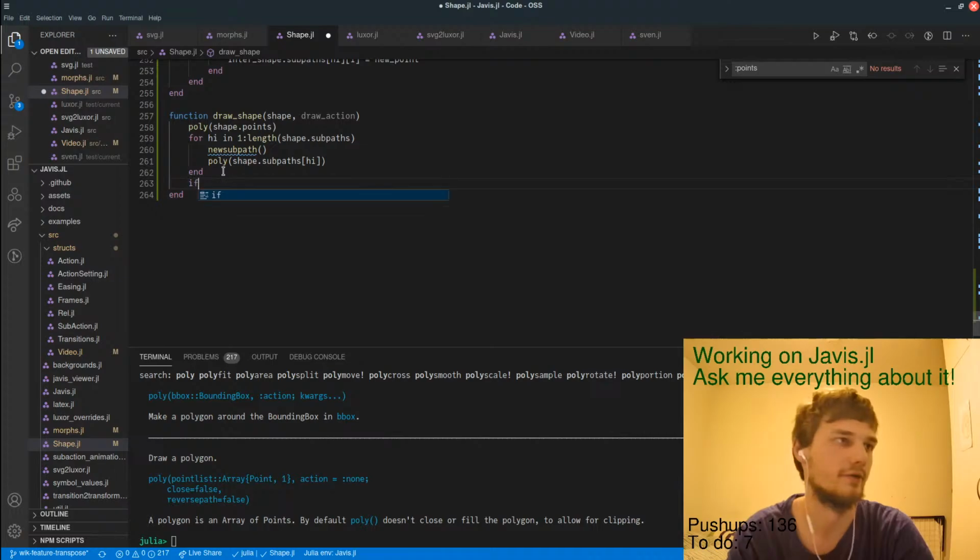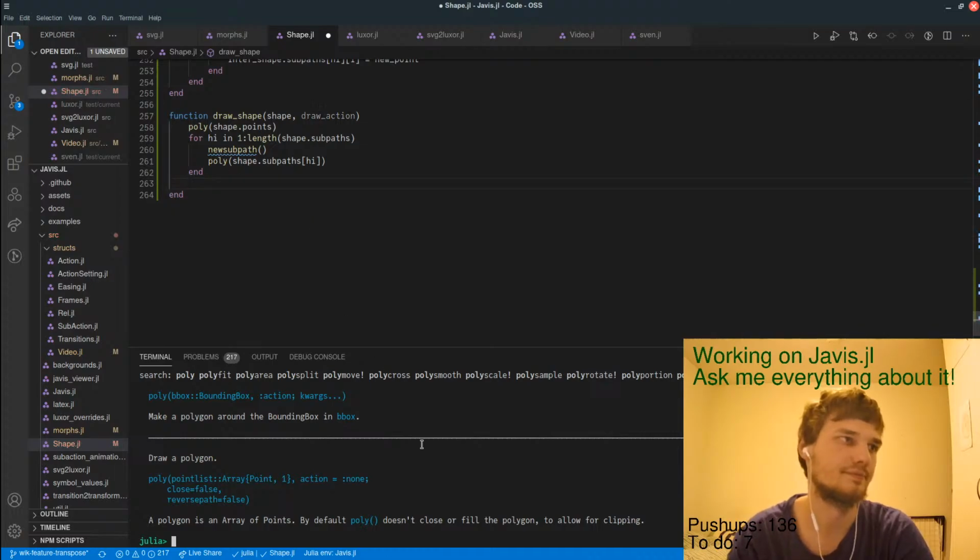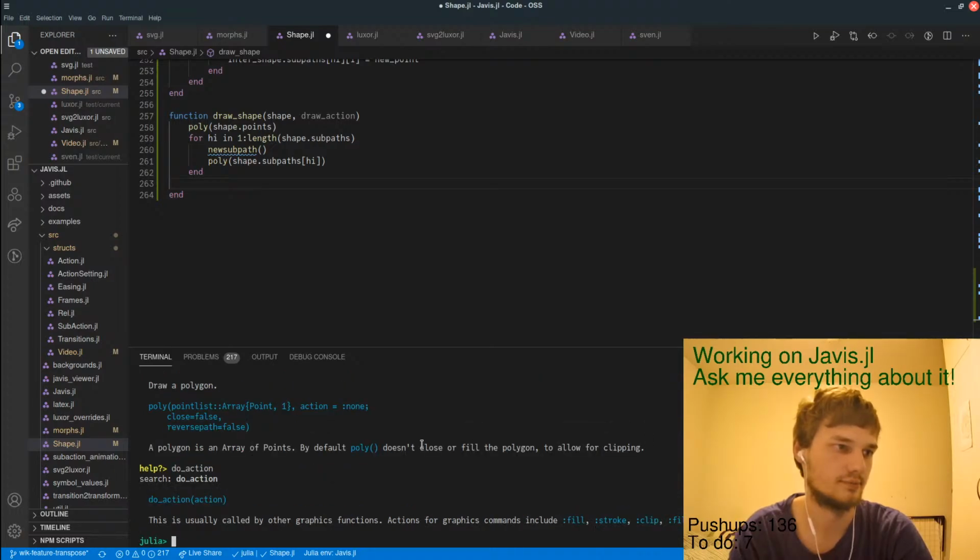okay, I don't really know, but if draw action equals stroke, then equals fill. Isn't this what do action does? I think it is. Do action stroke.